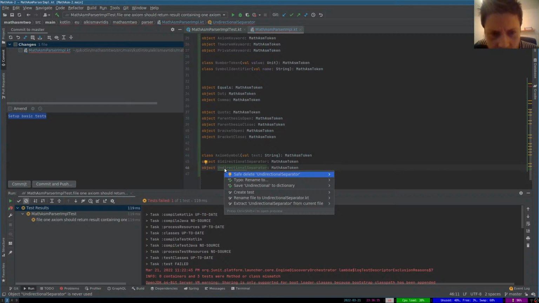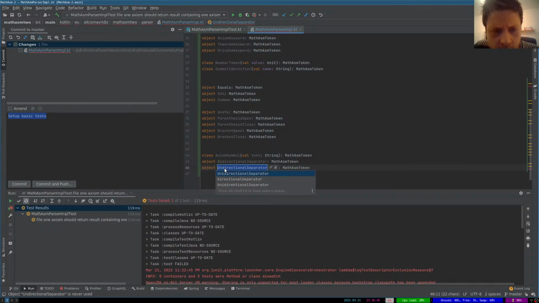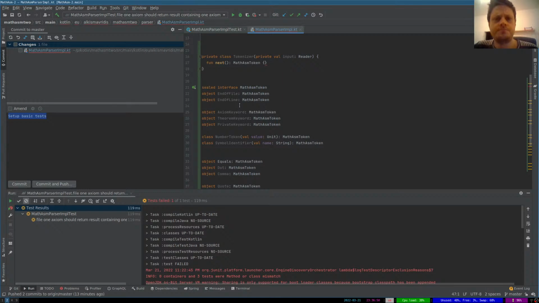What's the problem here? Save, delete, rename, typo. Unidirectional separator. What did I write? I forgot the I. My god, I forgot an I. Okay. So